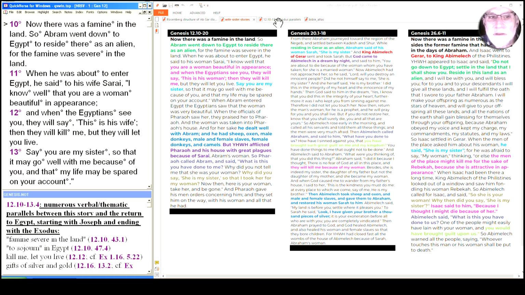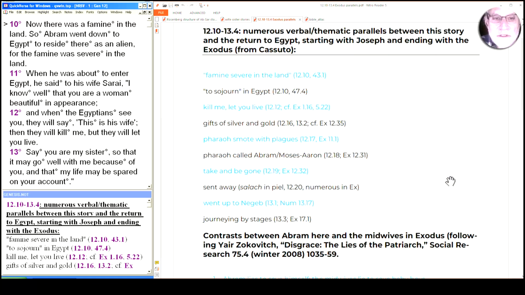So let's look at it from another angle. Many scholars have noted this, originally Umberto Cassuto back in the 1960s, but this has been repeated by many others. Cassuto was really ahead of his time as a Jewish scholar not wanting to divide what for him was a sacred text up into sources, and that led him, for perhaps different reasons, to be decades ahead of those who later rejected source theory in favor of more narrative approaches in a modern vein. So Cassuto, although writing 60 years ago now, has ongoing relevance. And many other scholars have followed this. I'm just using his because he was the original person that I'm aware of to show these parallels.